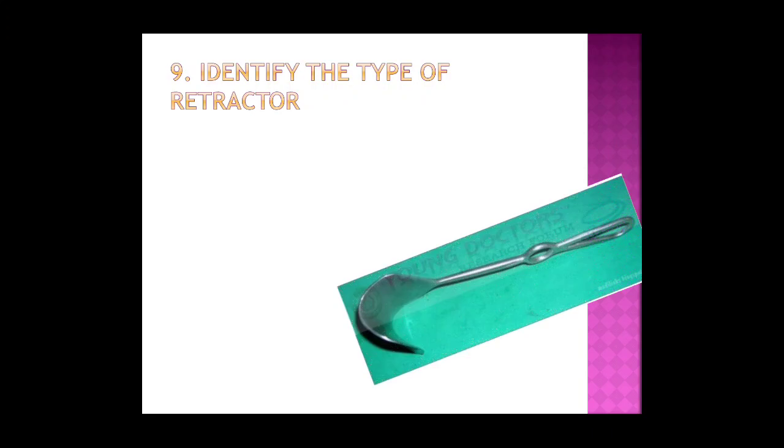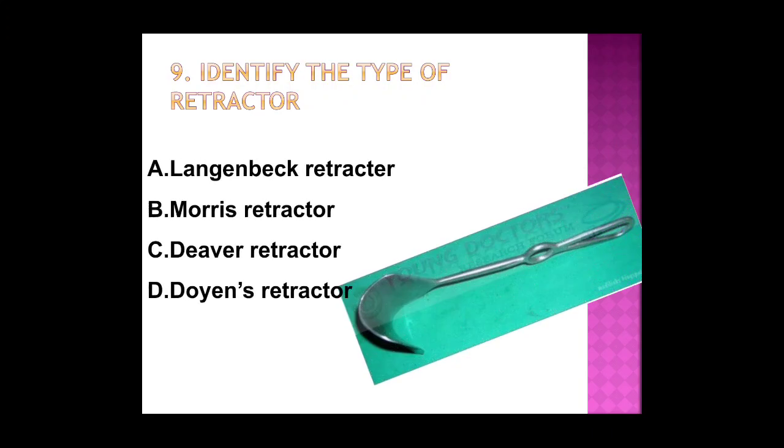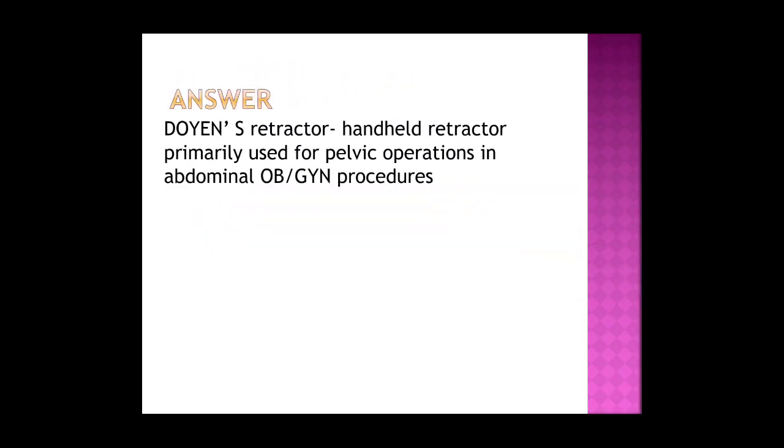solidarity. Next question. Identify the type of retractor. Options: Langenbeck retractor, Morris retractor, Deaver retractor, Doyen's retractor. Answer is Doyen's retractor. It is a broad-based retractor used to pull back the soft tissues and widen the surgical